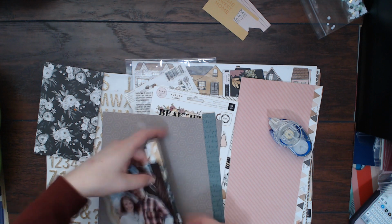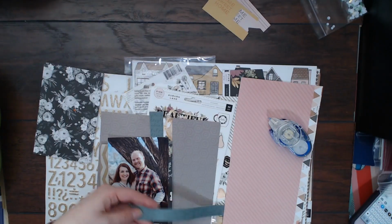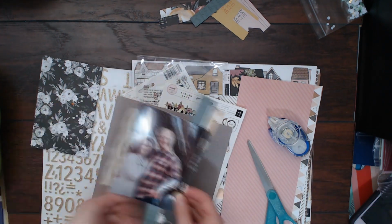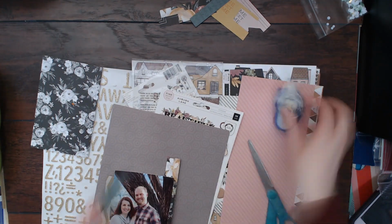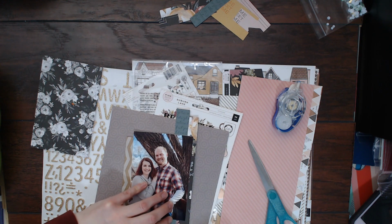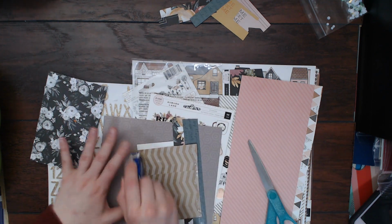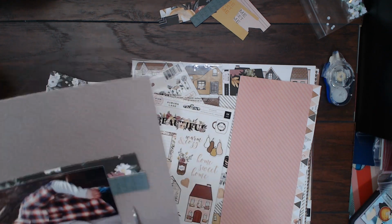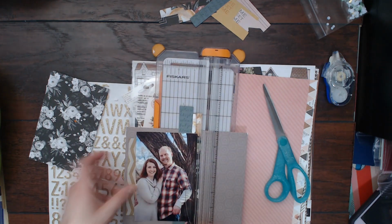And I was totally drawing a blank when I was going to make this layout. I tried to think of so many different things that I could scrapbook about the two of us. Or maybe I could do a layout about my kids or my job or something, but I just wasn't feeling inspired. So I went and asked some of my scrapbooking friends, and Christy Harriman, who is Christy's Beautiful Life